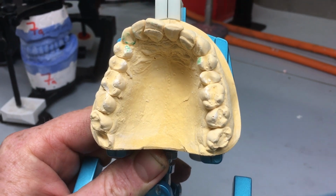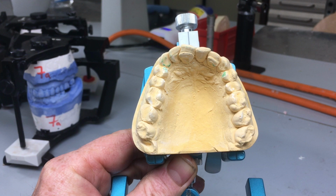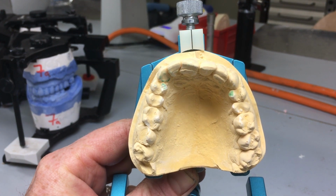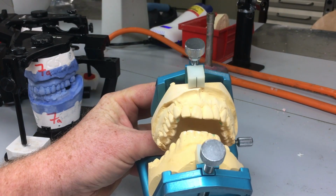If you notice, this is a veneer, this is a veneer, this one here, no veneer in here, that's an implant. Right, so we've got 3 veneers and 1 implant. No veneer, no veneer. Okay,